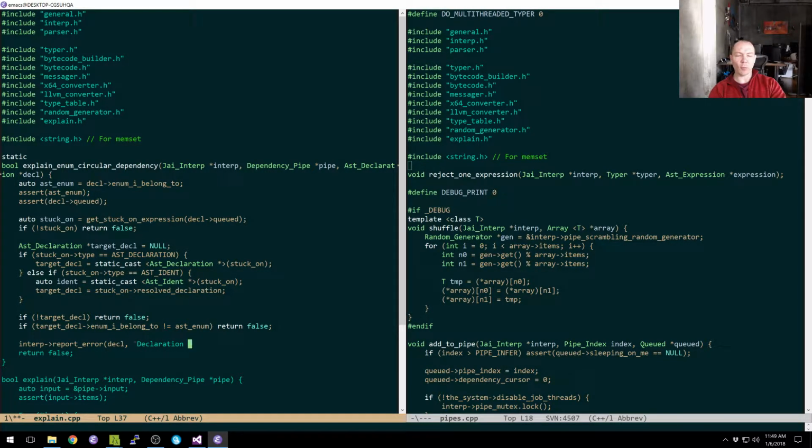This is not going to be quite right yet, but I just want to make it do something. Declaration is waiting on an enum